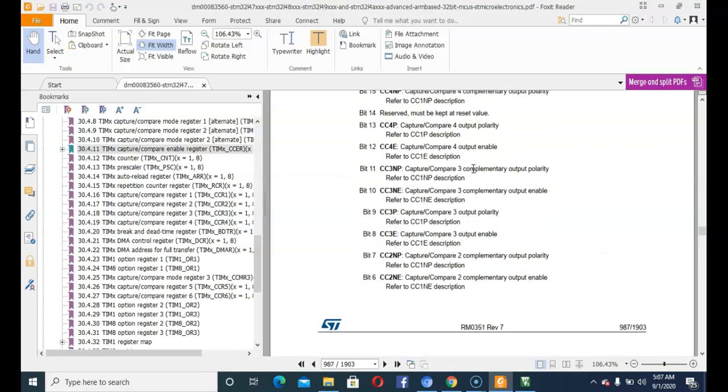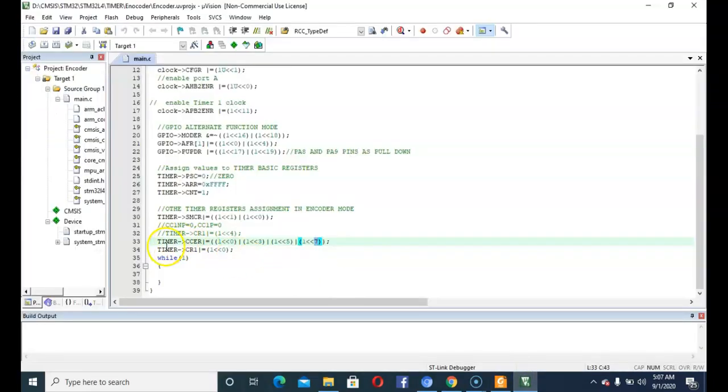And go to the 7th. Again it is the same as we have discussed before. And according to our earlier videos, and as you can see in the reference manual, the 0th bit of the CR1 register is used to run the timer.